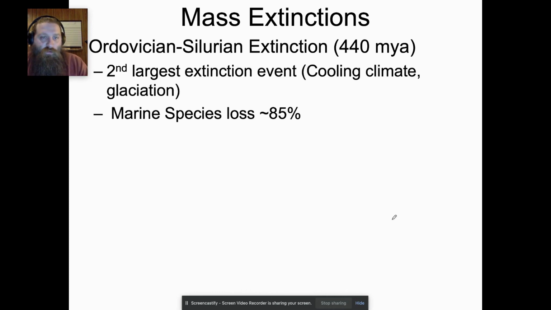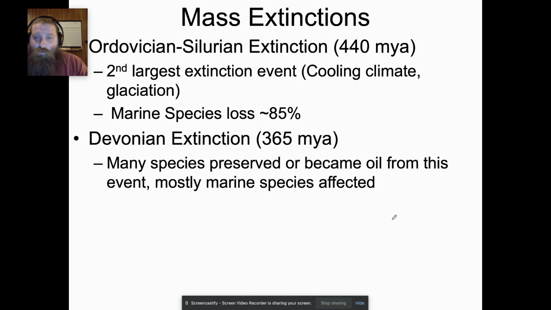So the Ordovician-Silurian is the 2nd largest extinction event that we have on record. It was hypothesized to be caused by cooling climate and glaciation. We lost about 85% of the marine species in the fossil record at the time. The Devonian extinction, all right, actually led to a lot of the oil that we use today,